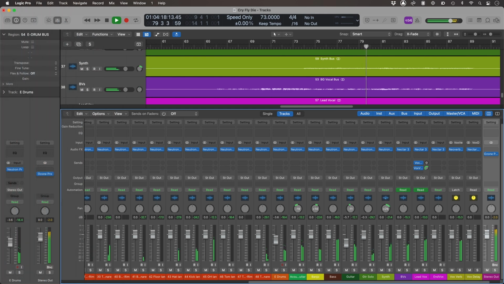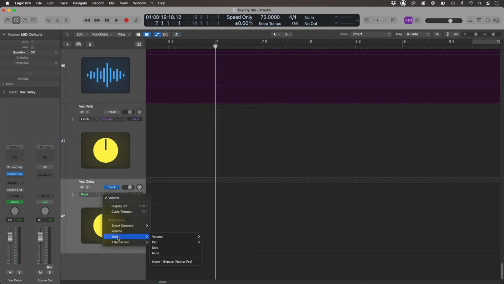Sticking with the delay automation, this is a great opportunity to demonstrate how you can automate pan in a mix. As mixers, we know that panning is amongst the first steps we take when mixing a track to achieve our initial balance. Panning instruments can help give them space to be heard, but it can also be a creative process to add even more interest to your vocal.